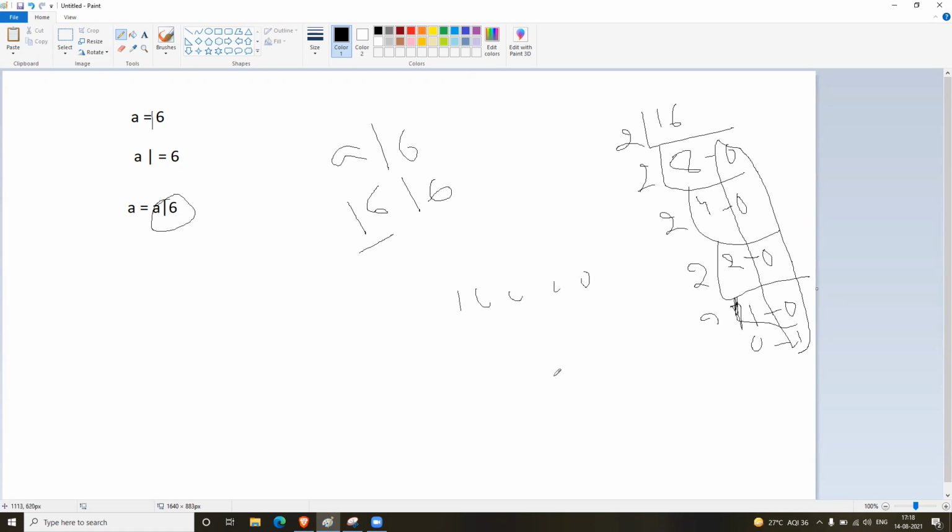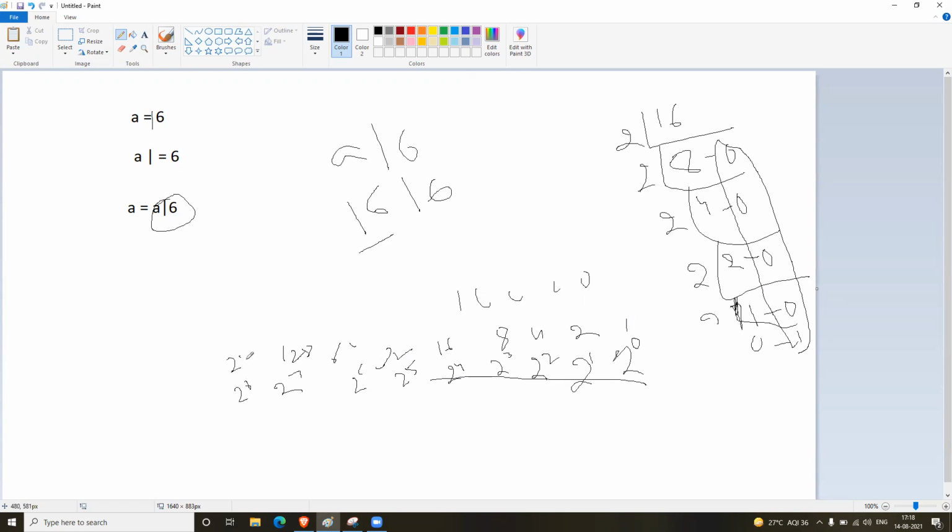Or simply, you can calculate like this also. 2 power 0 is 1, 2 power 1 is 2, 2 square is 4, 2 cube is 8, 2 power 4 is 16, 2 power 5 is 32, 2 power 6 is 64, 2 power 7 is 128, 2 power 8 is 256.